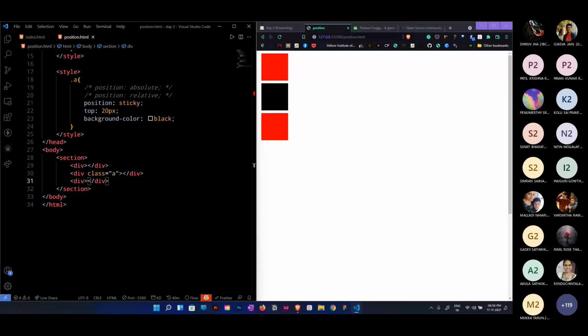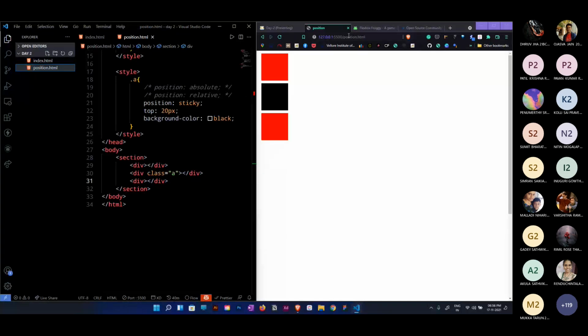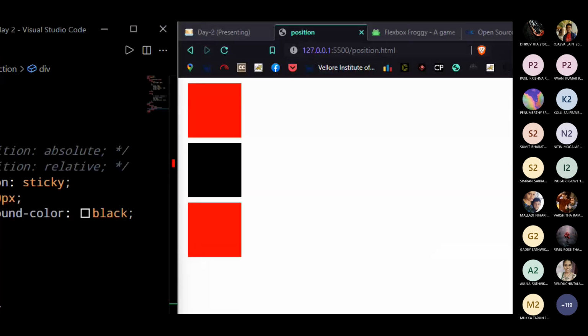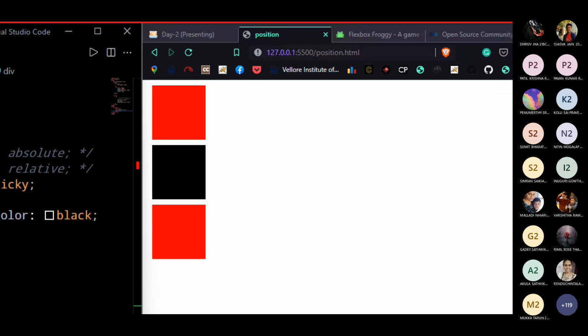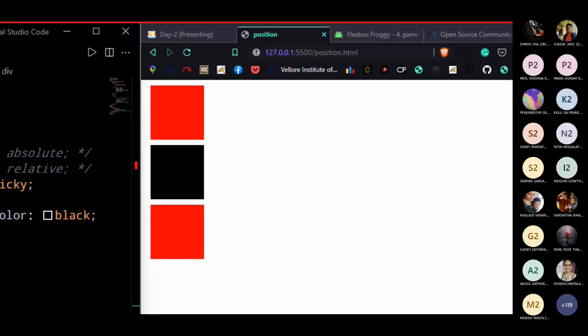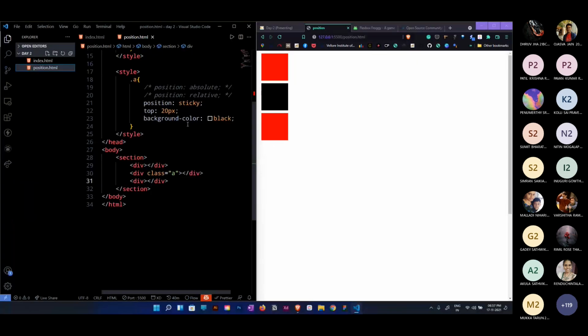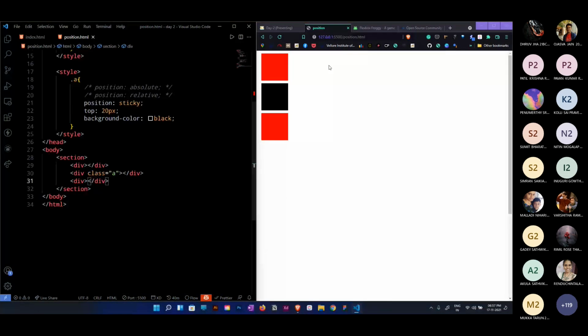Now I have these two files in the same folder, right? If you observe my top bar, it's saying 127.0.0.1, which is the local server that live server will create. You just need to change the slash and the file name. That's the thing. Now let me quickly move to the CSS units.